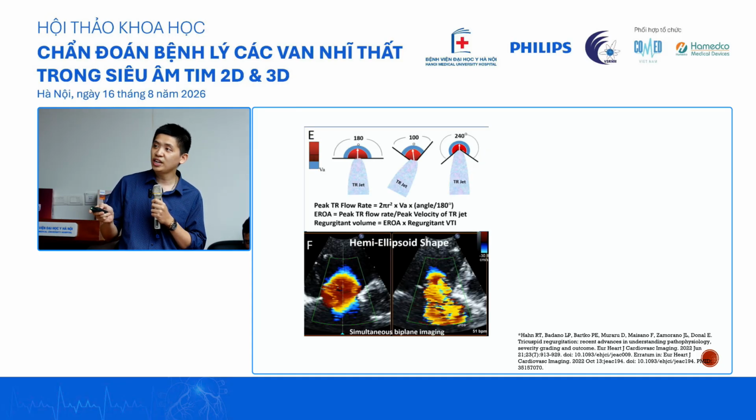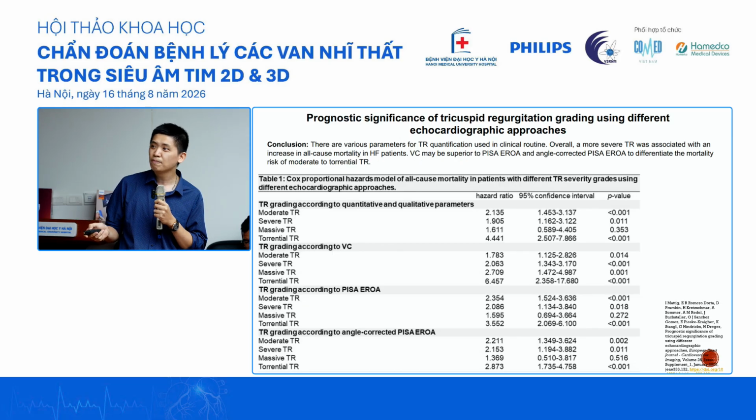Also, the point is that the jet meets the planar of the tricuspid valve, and the planar could be flat. It could be a bit of a shadow shape or other shape. So it will make the radius evaluation less successful for you. Also, the shape is not a perfect hemisphere. So if you do explain through this, you see the diameter of the hemisphere could be very much different.